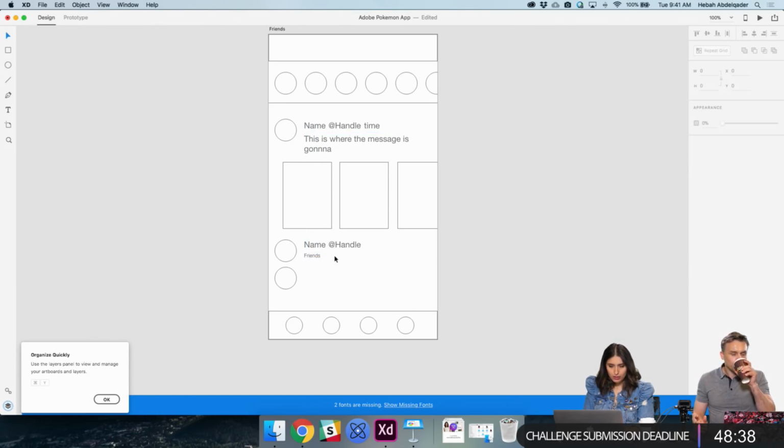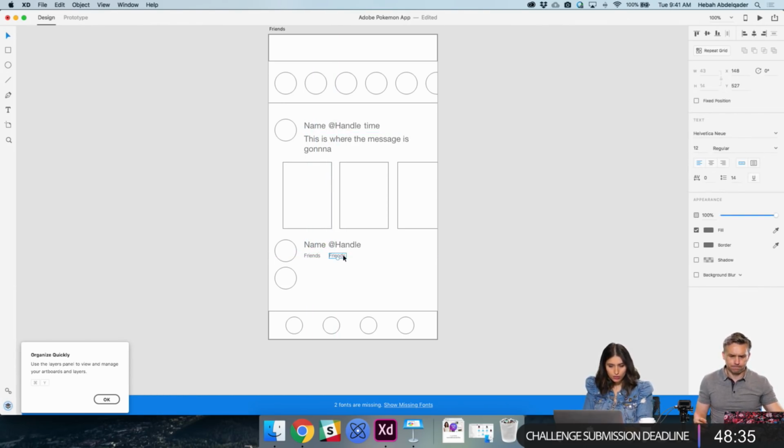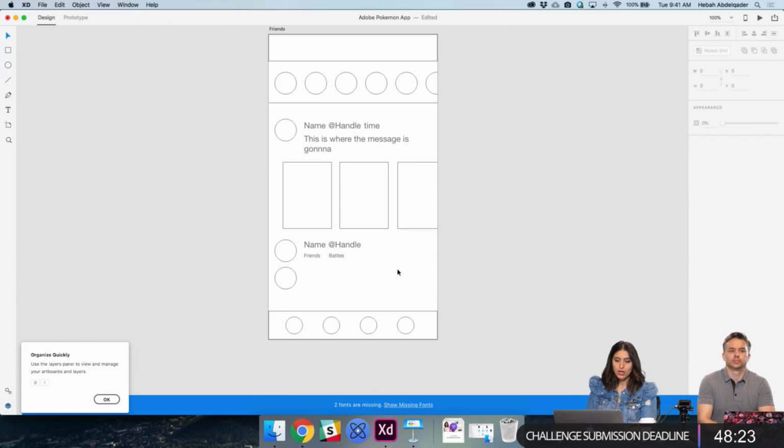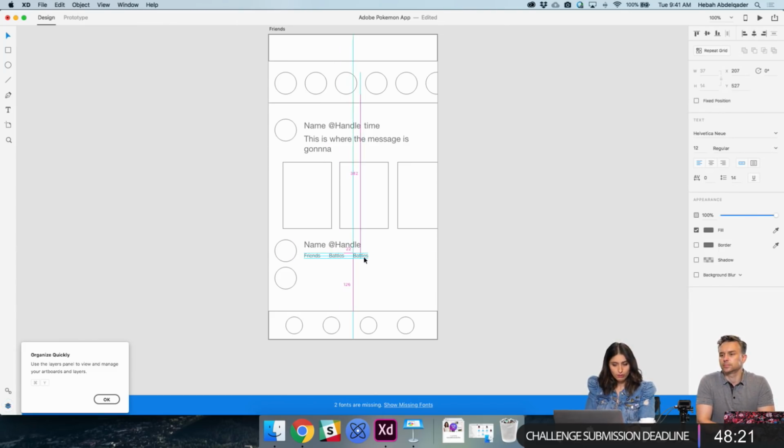So we're going to showcase how many friends they have, how many battles they've won, or battles they've been in. Another thing that we can talk about, I have notes, just a second, is what level they are. This is another thing that I had to learn the hard way: if you're trading cards, you go through levels depending on how many Pokemon you have and how many battles you've won. So if you're seeing somebody's name, those are things you want to know about this battle that's happening right now, so that you can click to watch.